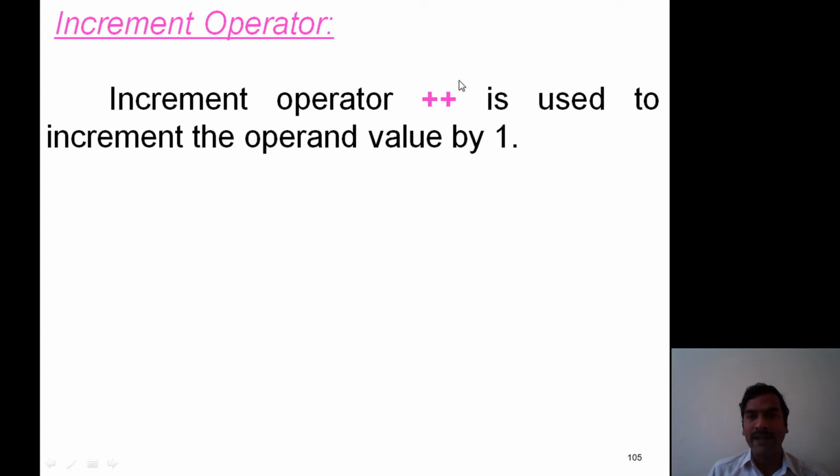Plus plus operator is known as increment operator. Increment operator is used to increment the operand value by 1. So if you want to increment the operand value by 1, then we use increment operator as plus plus.